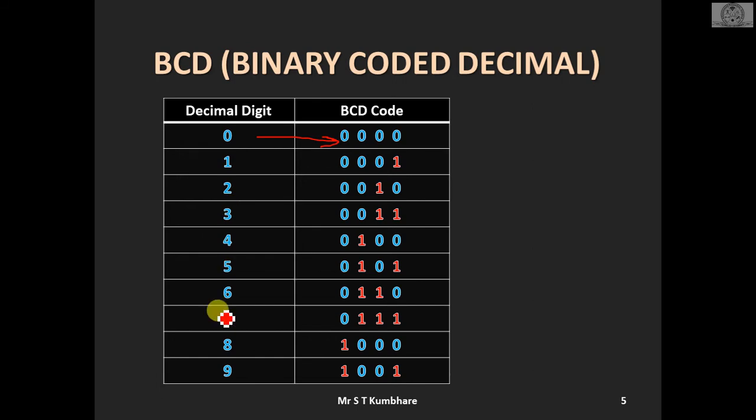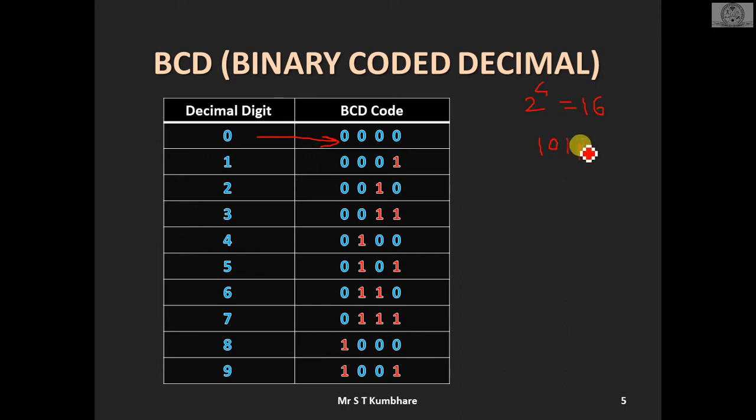If we are using 4-bit combination, we can have 2 raised to power 4, that is 16 different combinations. We have used only 10 combinations. So now there are 6 more combinations available, that is for 1, that is